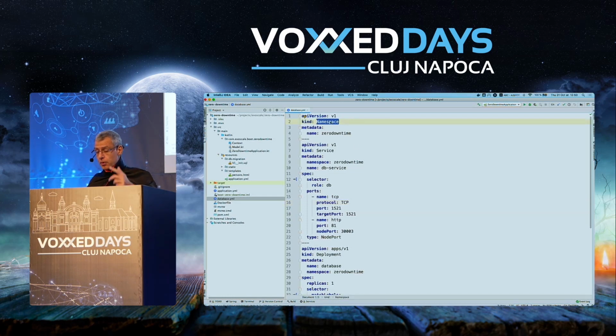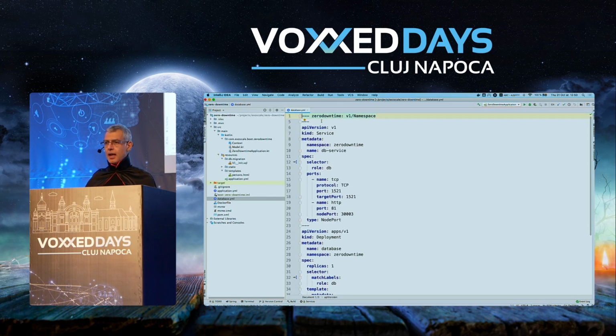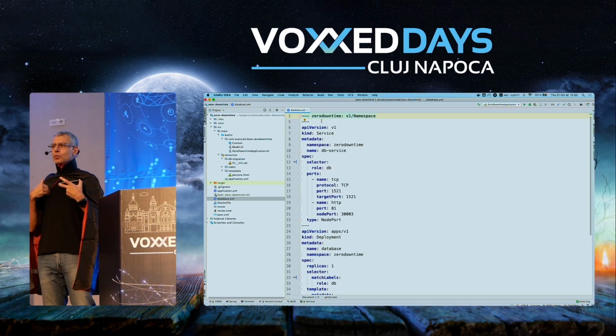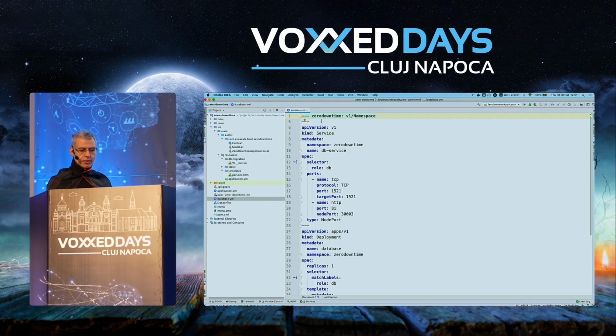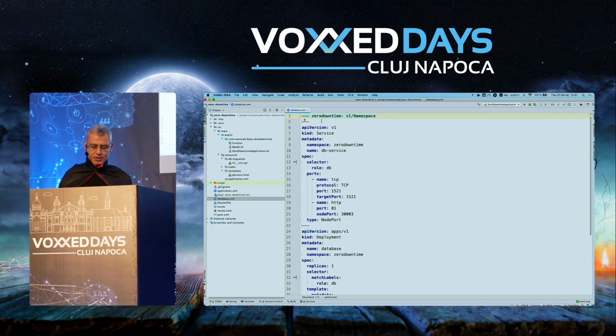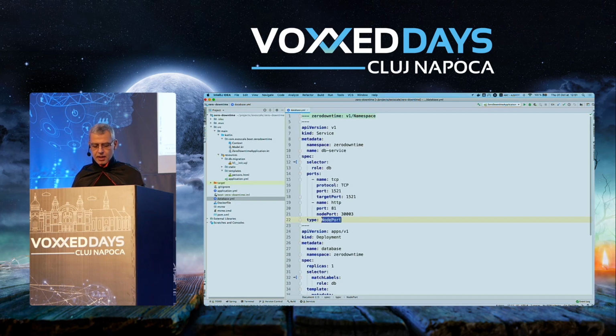So first, I'm a good citizen. If you are a developer, you put your code in a package, you don't put it at the root. Here, it's the same: you create a namespace, then you only work inside the namespace. Because what happens in Kubernetes stays inside of Kubernetes, and I want to use it outside of Kubernetes, I need to expose it to the outside world. I'm not using the cloud, I will be using my own computer, so in that case, I just create a node port that tells me, hey, I can access the service outside of it.